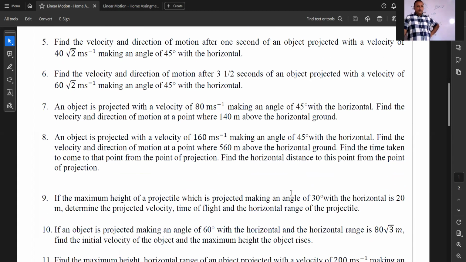Seventh one. An object is projected with a velocity 80 ms minus 1 making an angle with the horizontal. Find the velocity and the direction of motion at a point where